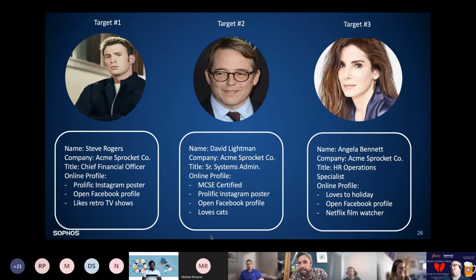And then our last potential victim is Angela Bennett, and she's the HR operations specialist at the Acme Sprocket Company. And we're interested in her because obviously as the HR specialist there, she's got lots of access to potentially personal identifiable information. And again, very open with Facebook. We already know that she loves to holiday. In fact, there's loads of selfies of her in various different exciting locations all across the world on her social media profile. So yeah, if we can spin up that profile there,